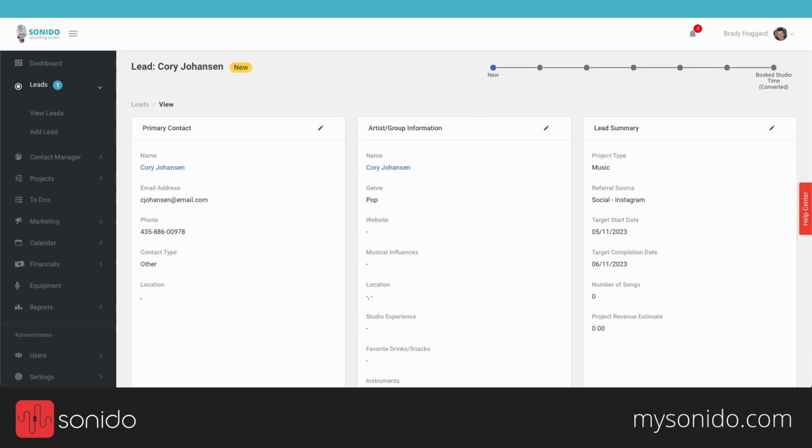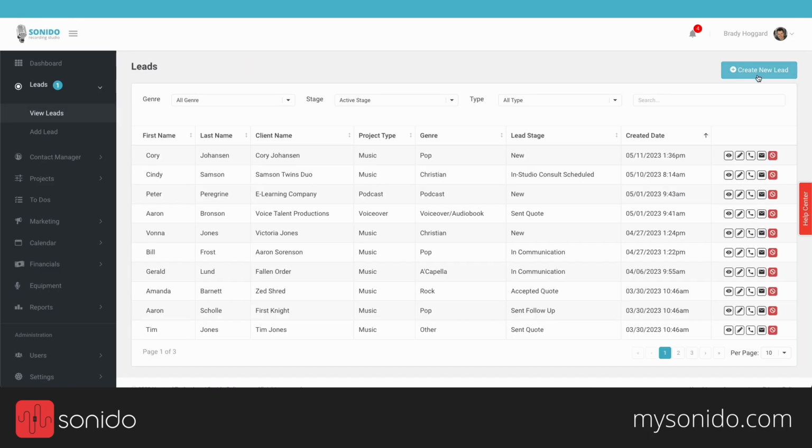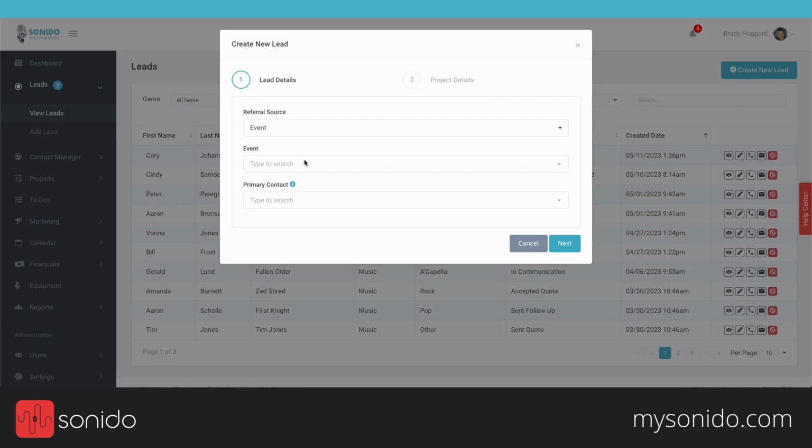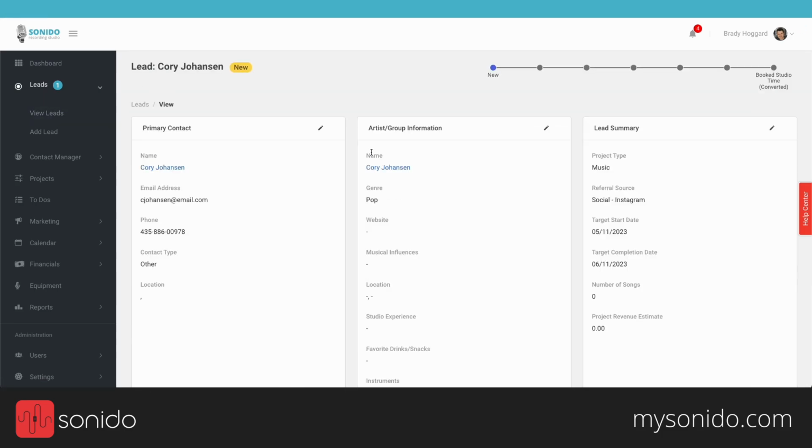Now, in other cases, if we go back a screen here, you do have the ability to create a new lead yourself. So if there is a situation where somebody calls the studio or they email you and you need to start collecting their information to fill out a lead, you can do so. Click on Create New Lead and you can create that on the fly from here, whether it's a repeat client or a new client. Capture their information. It's in the system. You have less of a chance of letting those leads fall through the cracks and losing